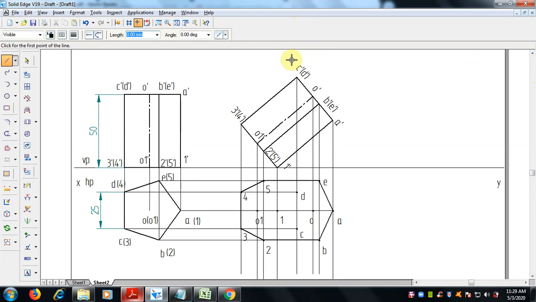Here, if you see from the top, this face is totally visible. But this bottom is looking towards the bottom, so you can see the 3 and 4, and the remaining you cannot see.